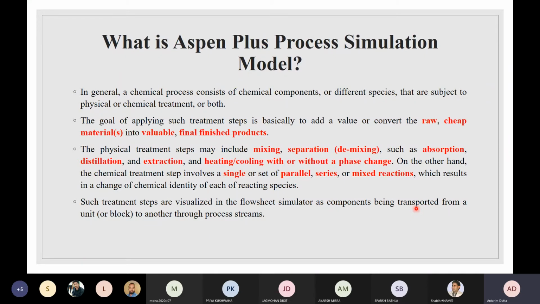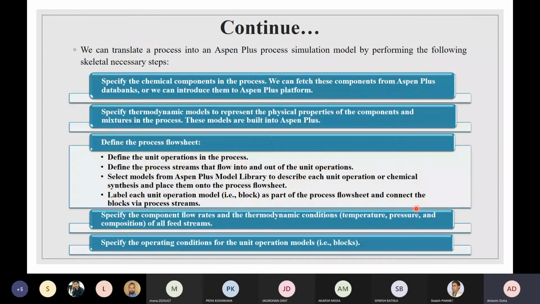There are certain steps which you have to follow, this skeleton, for performing the simulation in Aspen Plus. Right now it's not the right time to discuss this because we will not be performing any simulation today. So I will skip this part and explain it in a further lecture, when we will be doing our Aspen simulation.